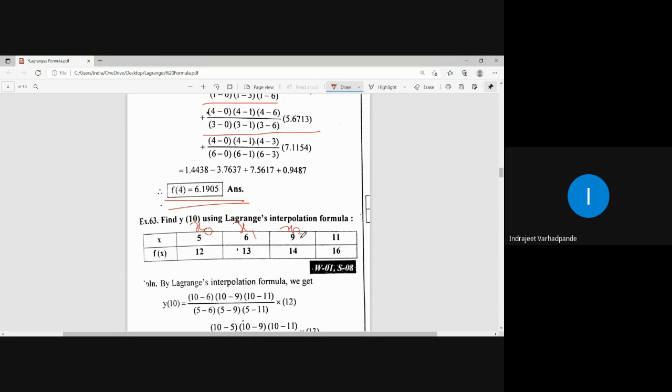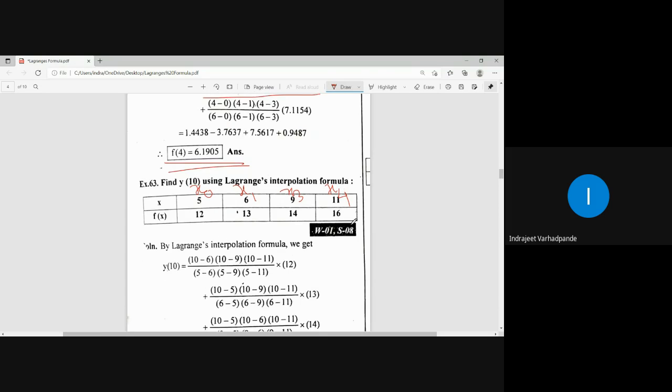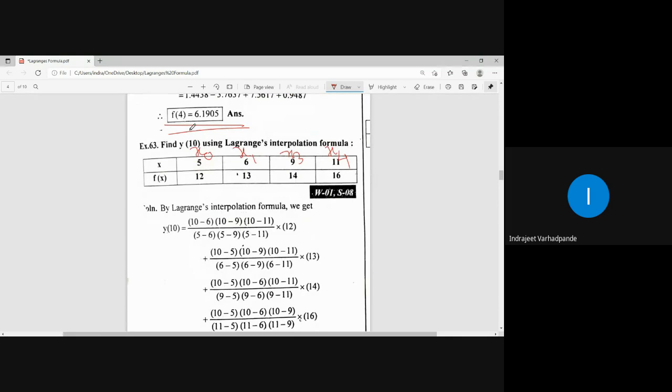Now see, if it is inserted in the column, still we are ignoring it. If it is not inserted in the column, I will not consider it, obviously, because the functional value for that is to be estimated. It is not provided. So x0, x1, x3, x4. If you are suppressing any one term at a time, how many terms will be remaining there? 3. If I am suppressing the formula for x0, I will be writing down the formula as x minus x1, x minus x3, x minus x4.